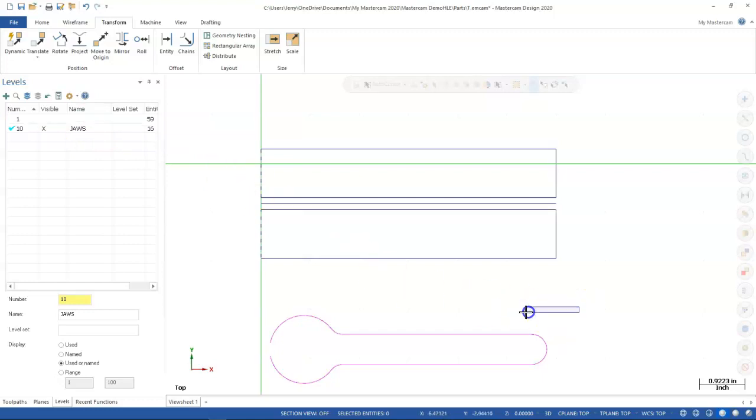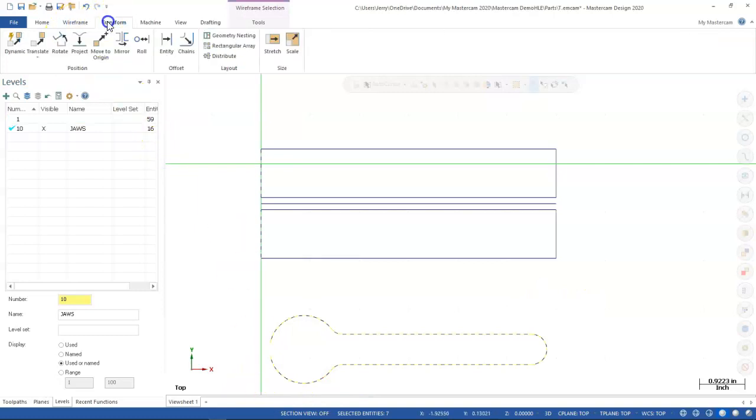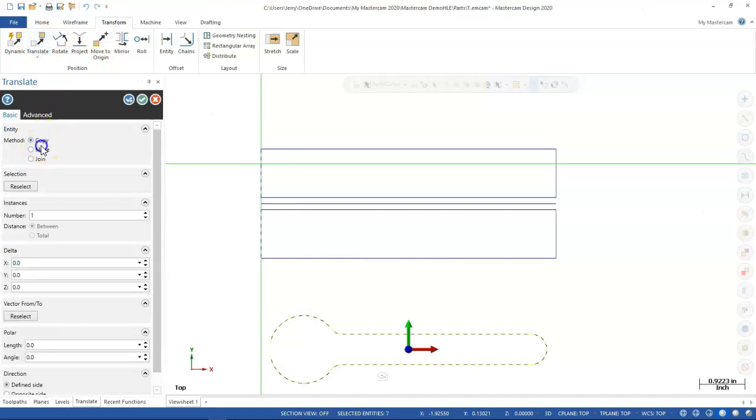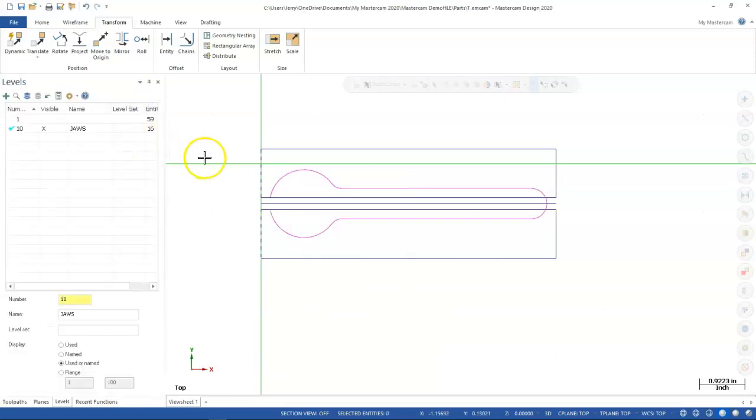All right, so I need to take all that geometry and move it back up 3 inches. So back into the transform. We want to translate, move, and its delta Z is going to go 3. Oh, not delta Z. Delta Y is going to go 3. And that puts it back on position. All right, so since I have all of those,